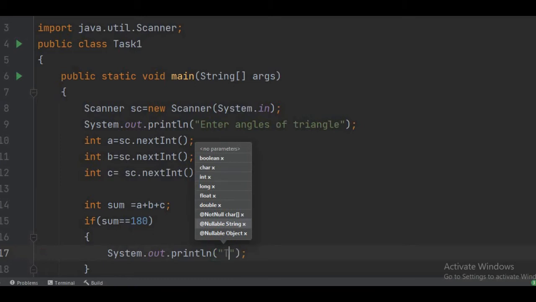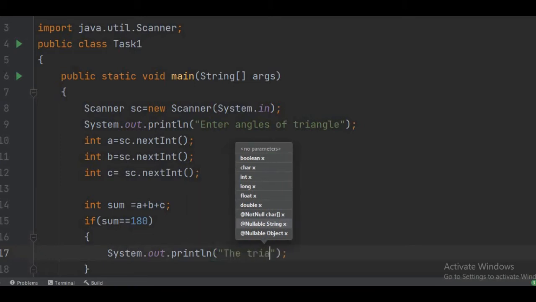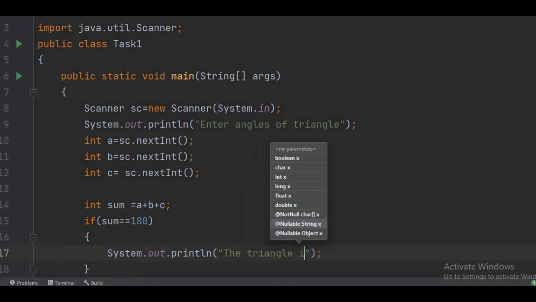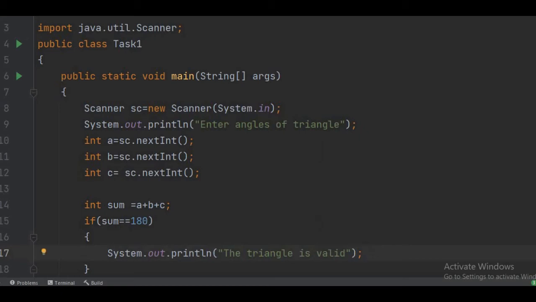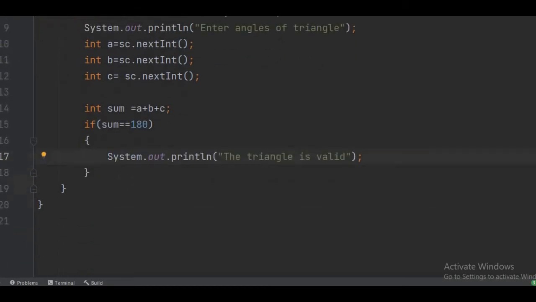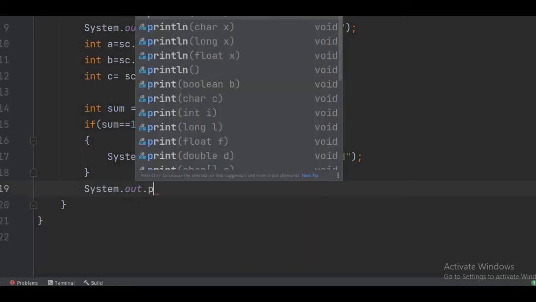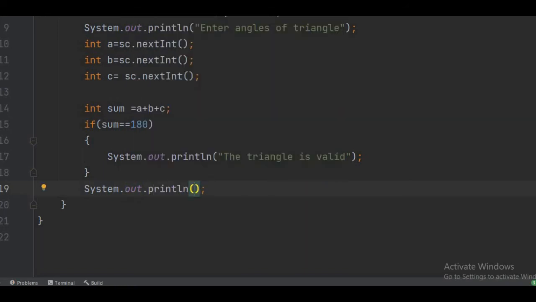what we are going to print? The triangle is valid. And after, outside this if, I'm going to print the sum of these angles. So I will write the sum of angles of triangle is,